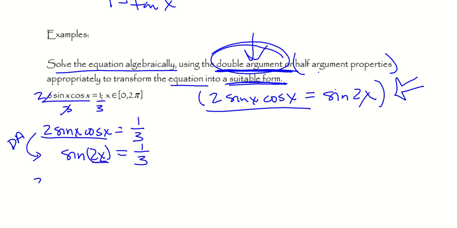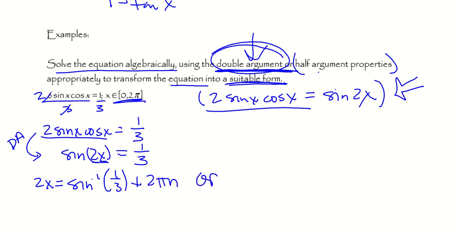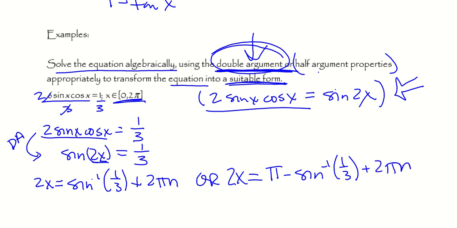One is that the inside of the sine, which is 2x, is equal to the arc sine of 1/3, which is the inverse sine of 1/3, plus, we're in radians, so plus 2 pi n. Our second set of solutions come from 2x equals, not 180 because we're in radians, but pi minus the inverse sine of 1/3 plus 2 pi n. We're trying to solve for x, so if we now multiply through by 1/2, same thing as dividing by 2,